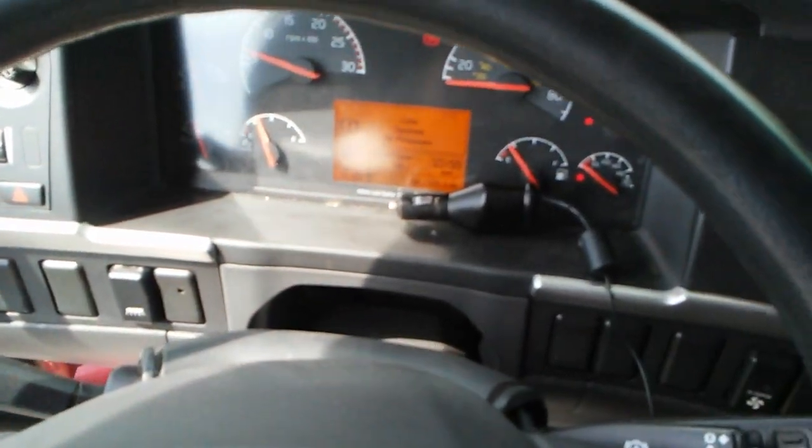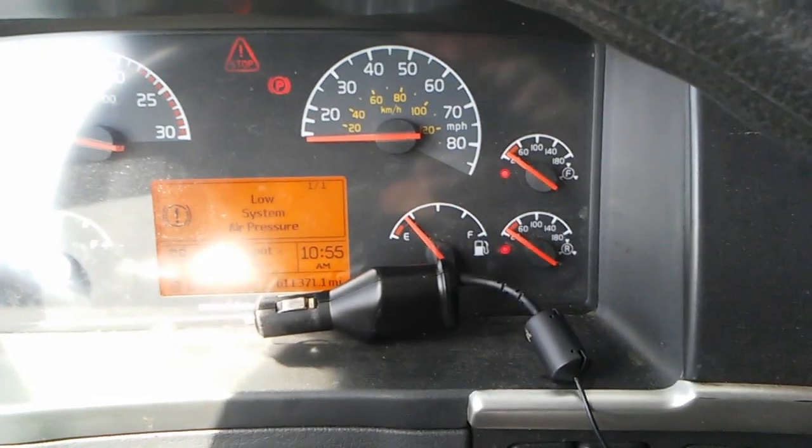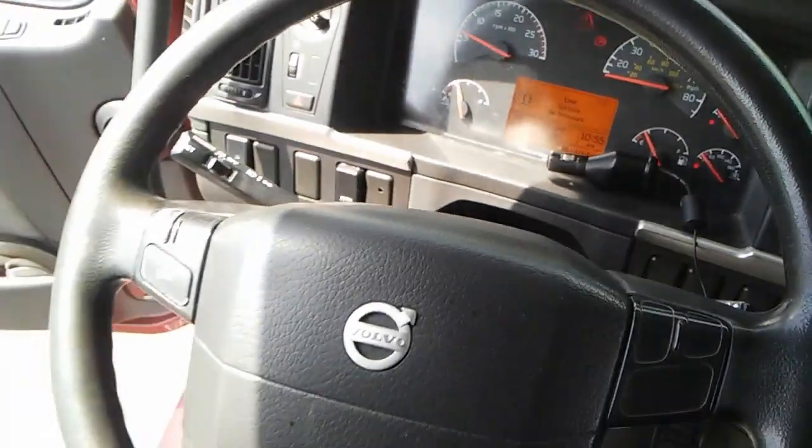Alright, as you can hear, we are building air pressure. So, there you go. While the air pressure is building, I'll show you these. On my daughter's feet, they're hanging in front of my face, but...